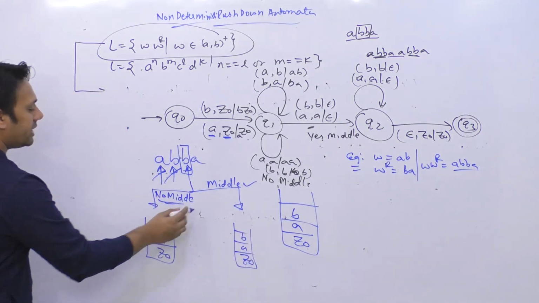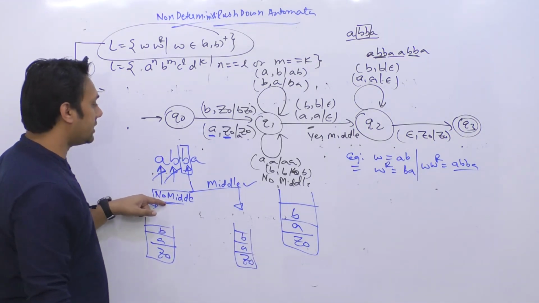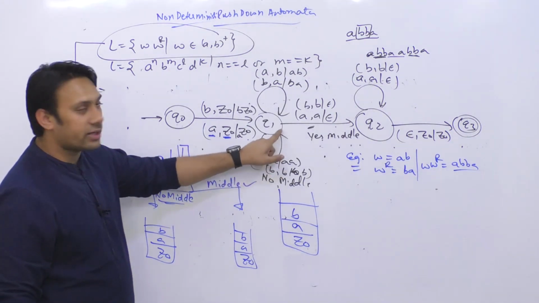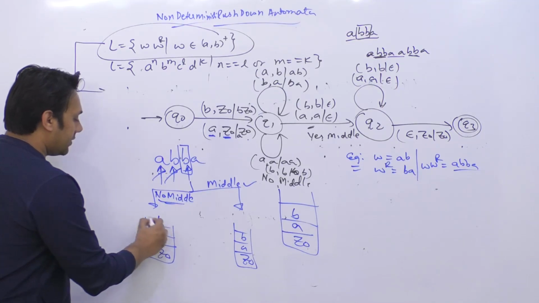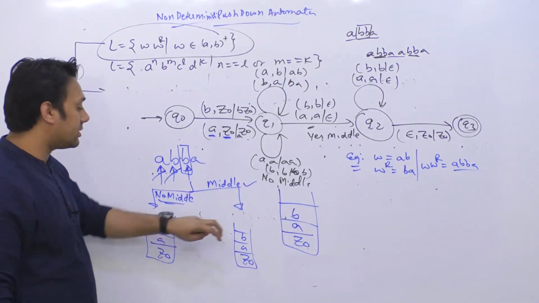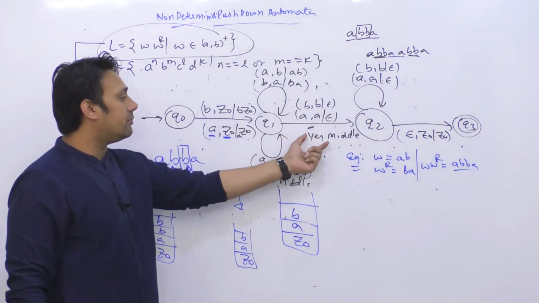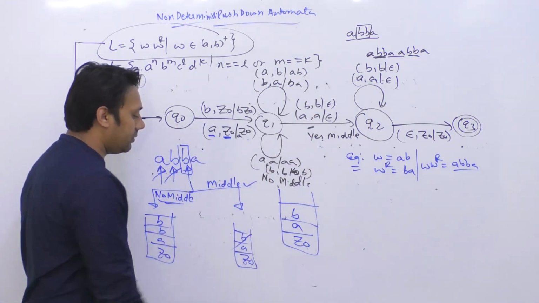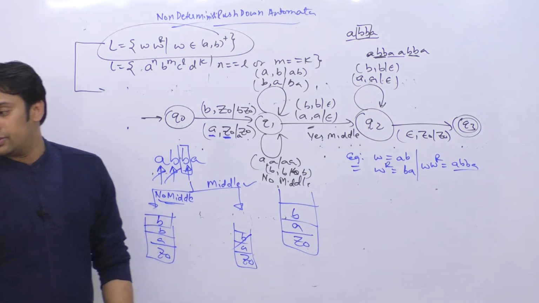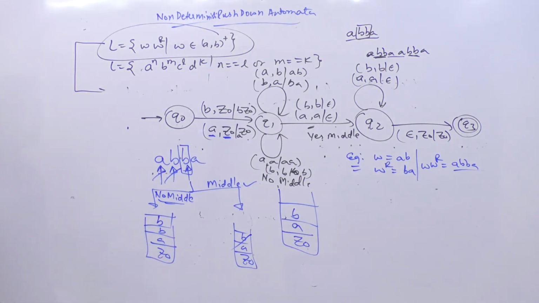So in the copy where it says the middle point has not been reached, she will do this transition and she will insert this B onto the stack. So this second B will also be there on the stack. And in the second transition where she assumed that the middle point has been reached, she is going to remove this B from the stack. This B will be removed from the stack. Okay. So these are two different cases, right?